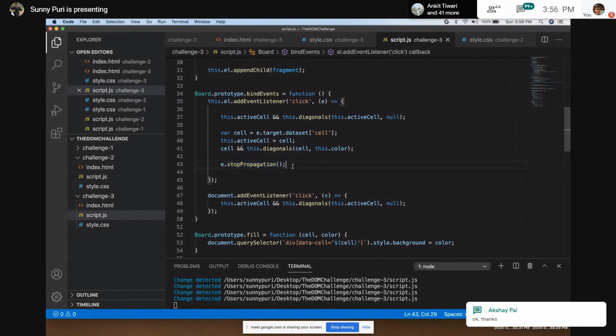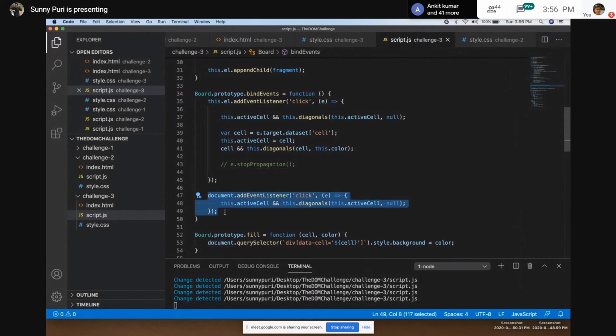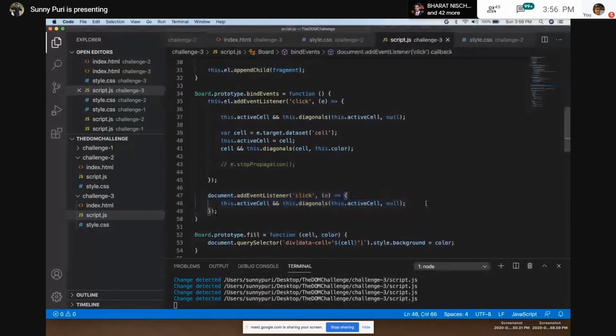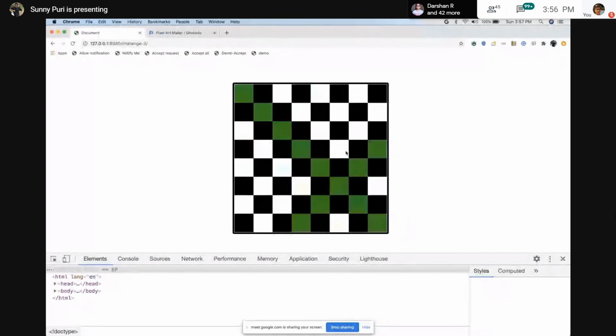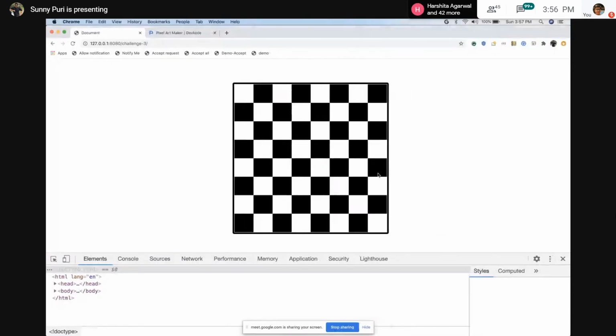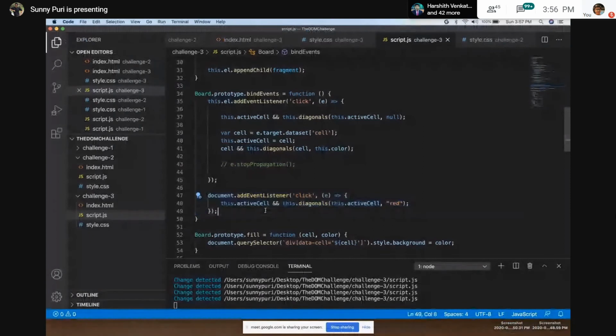So if we will not use it, then we have attached the click listener to the document, and it will not allow it to be created. So if you see, we are coloring it, and as soon as we are coloring it, we are removing it. If you remove this line, it means we are coloring it. But as soon as this line executes, it is resetting it again. So you can say red. We have green, right? But red is coming because of this line. So it means this is triggering.